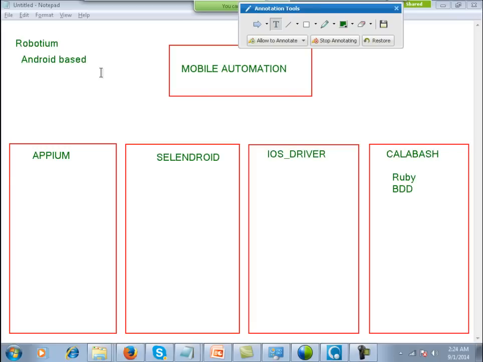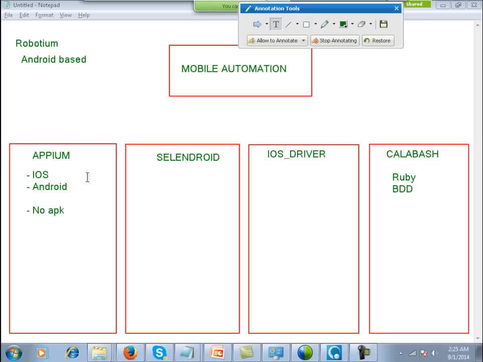If you compare it with tools like Appium, then Appium is pretty much easier and has got a variety of features. Appium can test iOS as well as Android. You don't need the APK file. APK file is the executable file of the application which you want to test. Every application on mobile, for example an application like WhatsApp, has a particular APK file, and you don't need that particular APK file